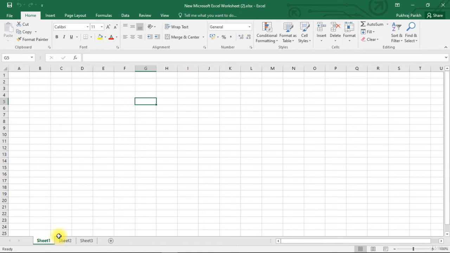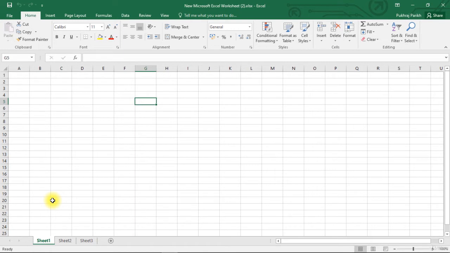Think of this window as your notebook and these sheets as the pages in your notebook. This window is called Excel Workbook and each sheet is called a worksheet. So in Excel terms, your notebook corresponds to a workbook and a page in your notebook corresponds to a worksheet.